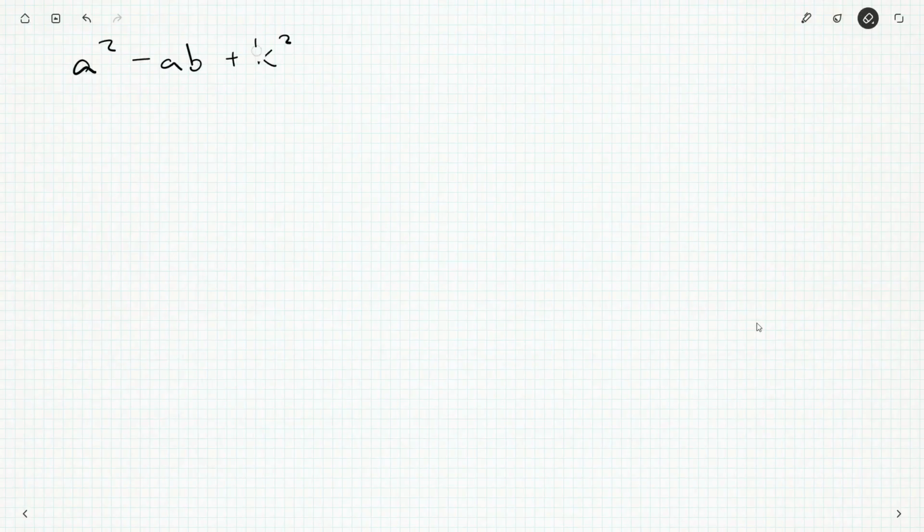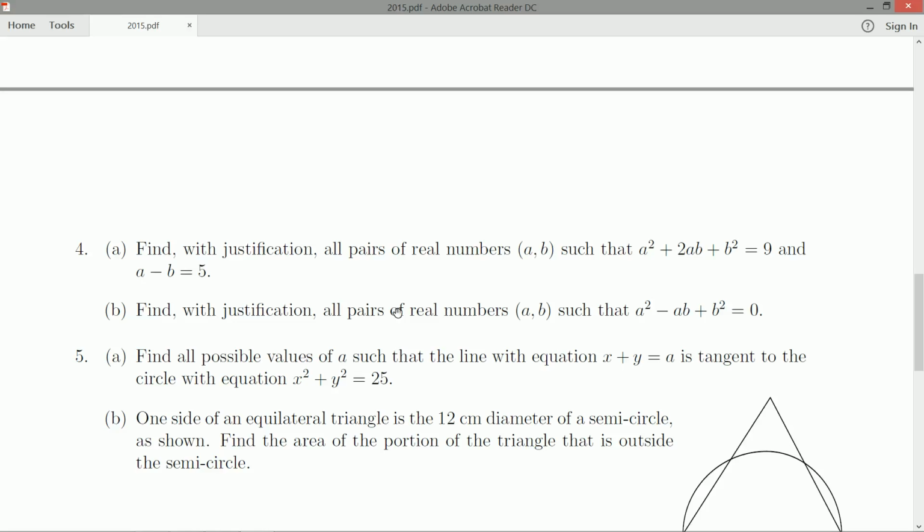So I've got one equation and two unknowns. I'm actually not sure what to expect here. If it was a minus 2ab, we'd get an infinite number of solutions. A would have to be equal to b, but, well,